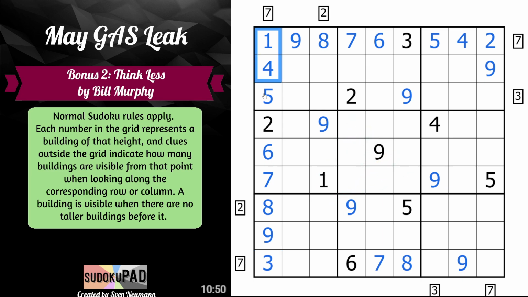Let's double check this. 1, 2, 3, 4, 5, 6, 7. 1, 2 is valid no matter how this places. 3 means 1 and 2 are immediately hidden, which means it must be 3, 4, 5. It has to be 3, 4, 5, 6, 7, 8, 9 with a 1, 2 pair here. 1, 2, 3, 4, 5, 6, 7, 8. But of course we know that this could not also be visible,